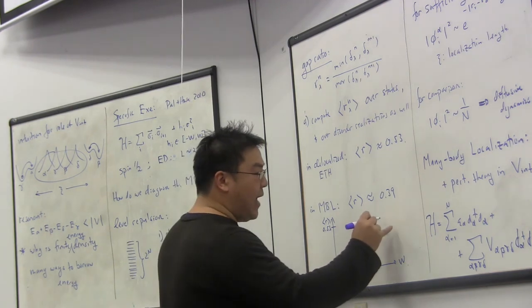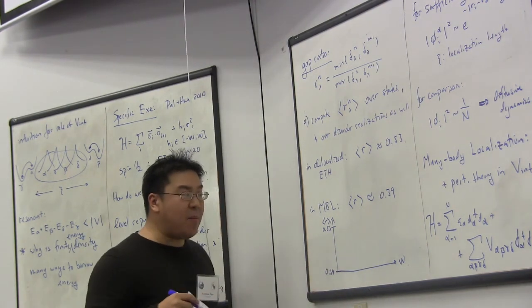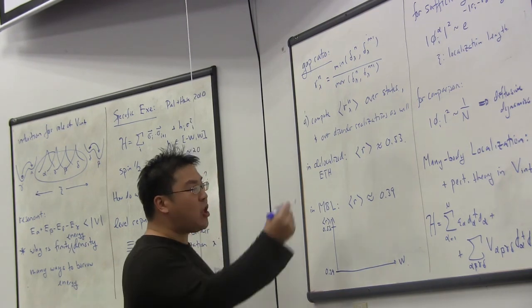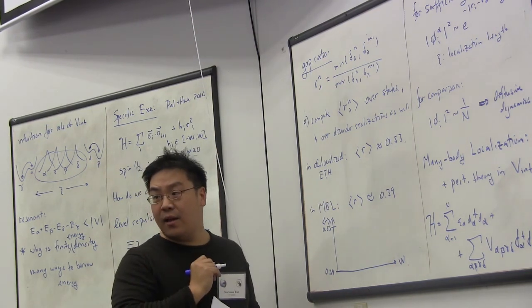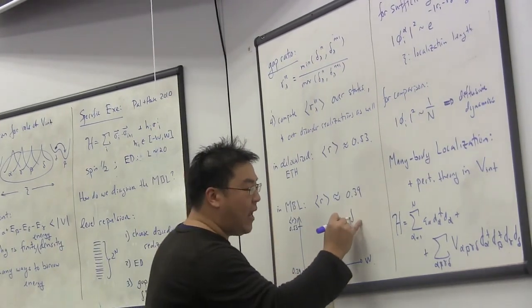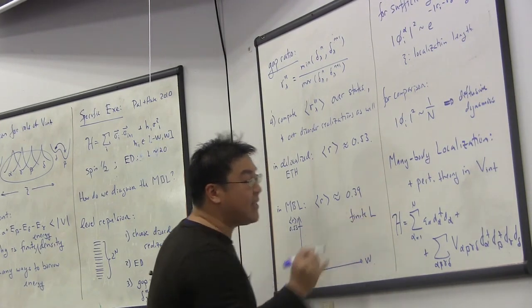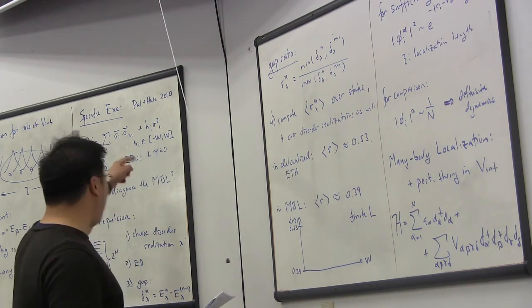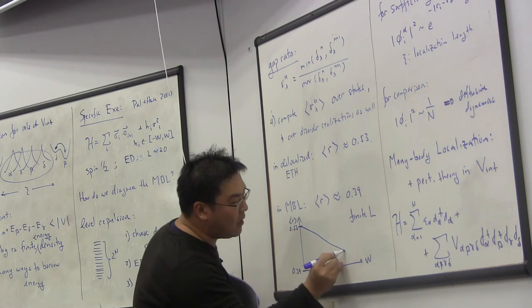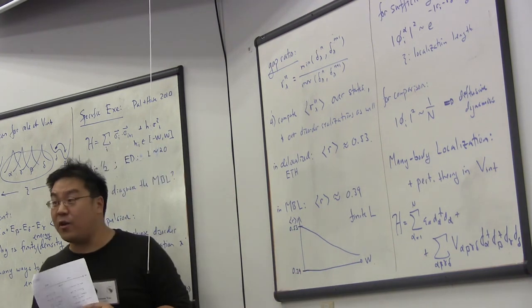But exactly as both myself and Dima have emphasized in the last couple of lectures, the existence of a transition between ETH and MBL is fundamentally a statement about the thermodynamic limit, which means that if you look at any finite size L, where L equals 20 is certainly a very finite size, what you'll generally see is something that looks like a very smooth crossover.